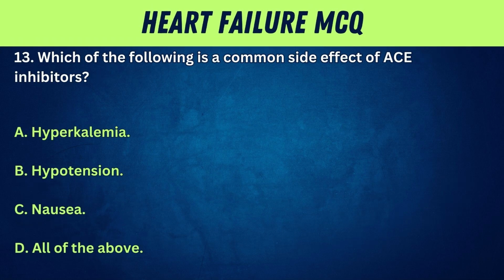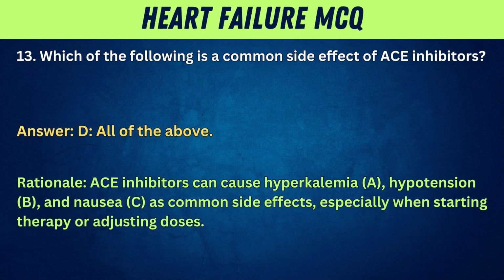13. Which of the following is a common side effect of ACE inhibitors? A. Hyperkalemia. B. Hypotension. C. Nausea. D. All of the above. Answer: D. All of the above. Rationale: ACE inhibitors can cause hyperkalemia, A, hypotension, B, and nausea, C, as common side effects, especially when starting therapy